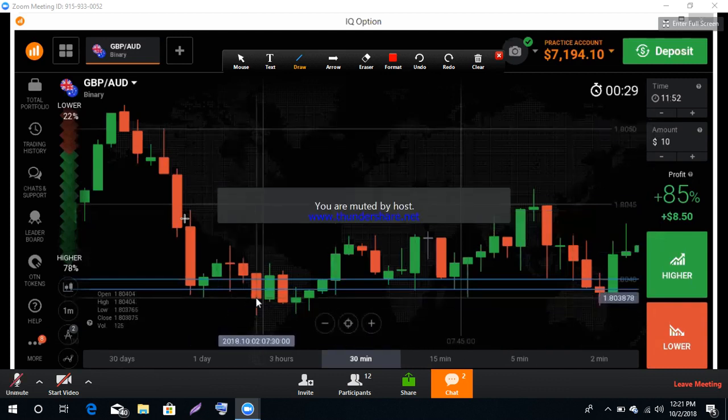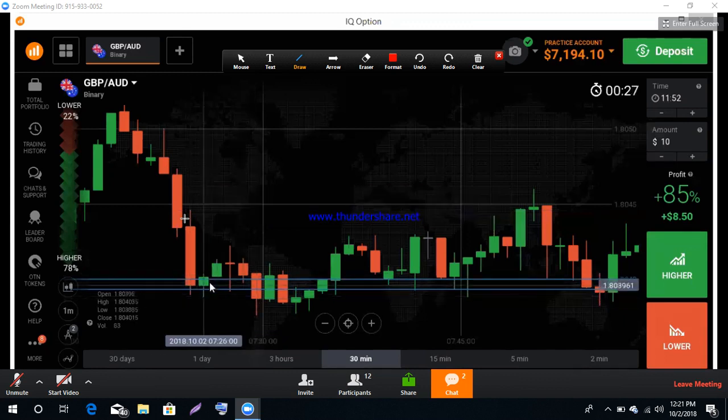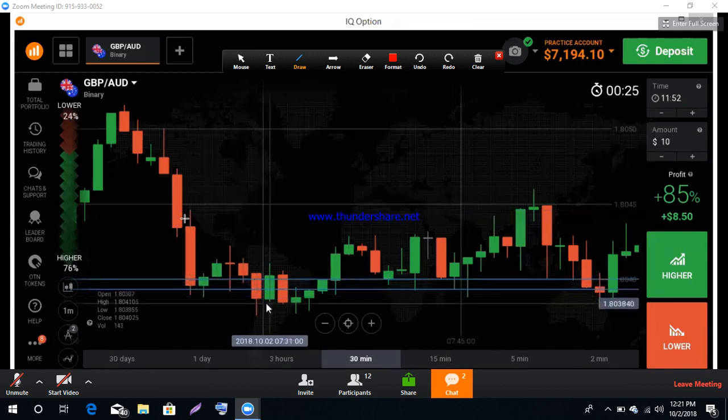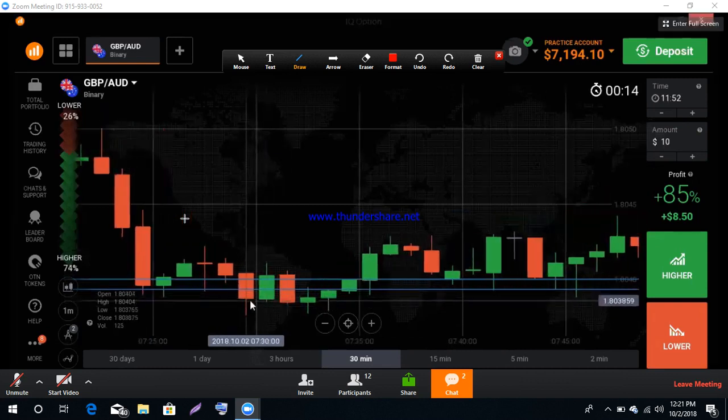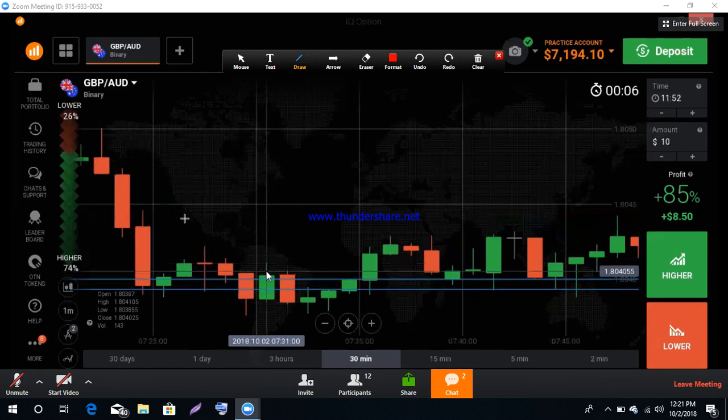Okay, you can see this is the breakout candle, right? This is the level, this is the breakout candle. You can't trade quickly on the next candle. You can't take this as a resistance for this candle, because if this is a fake breakout, it may go up and it may close as a strong bullish candle, right? Okay, just wait.